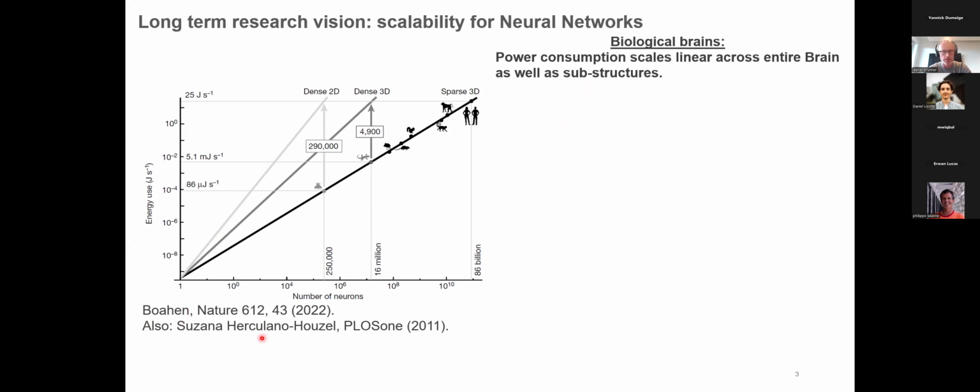And this is in combination with Susana from Sao Paulo in Brazil. She is essentially the Pope of scaling in neuroscientific biological systems. So what she has done is basically provide a map of how many neurons are within each mammal and in any biological brain. She developed the method for this, and now we can essentially say this brain for this animal has so